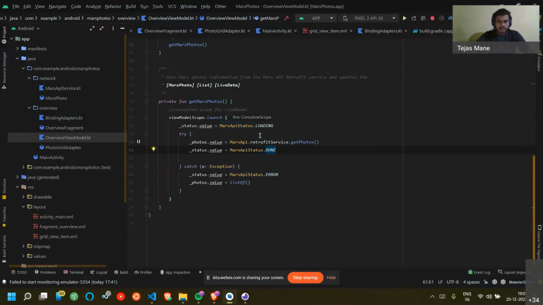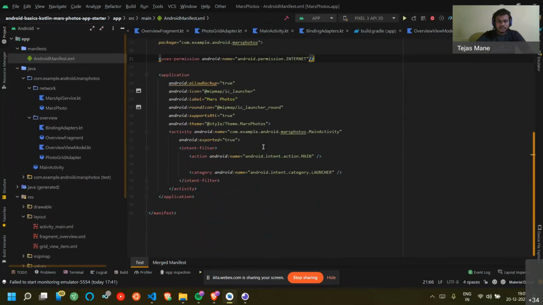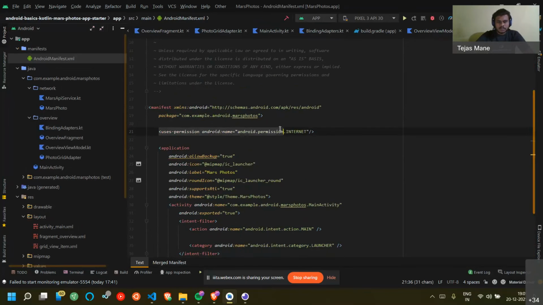So whenever you want to perform any particular operation, you have to define your permissions in the manifest file. You can see the manifest file here. I have declared the permission uses-permission internet. So without this, your app will not run because we are connecting to the internet. This is a must. So if we run the app now,